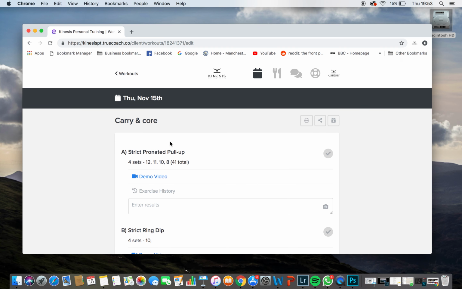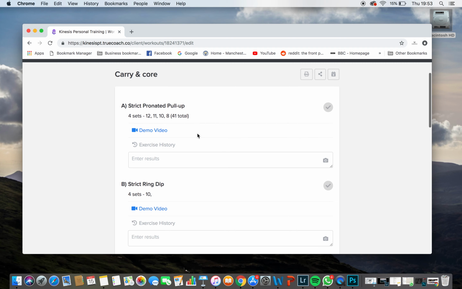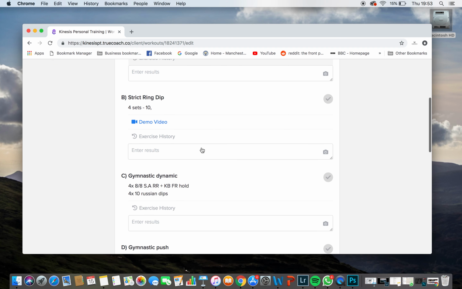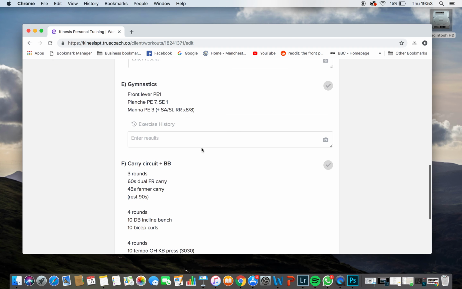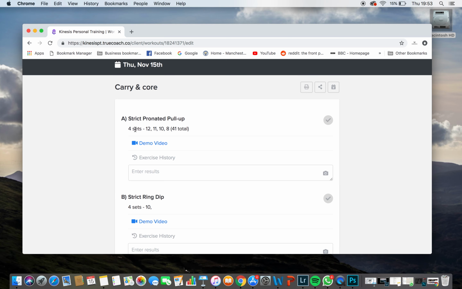Okay, so there's the title of your workout. It'll show you what exercises you've got throughout this workout, and this is where you'll see the details of what specifically you're going to have in that workout. So for me today, I've got 4 sets of pronated pull-ups. I actually did 4 max sets here, so let's get rid of that. Got 4 max sets of pull-ups,